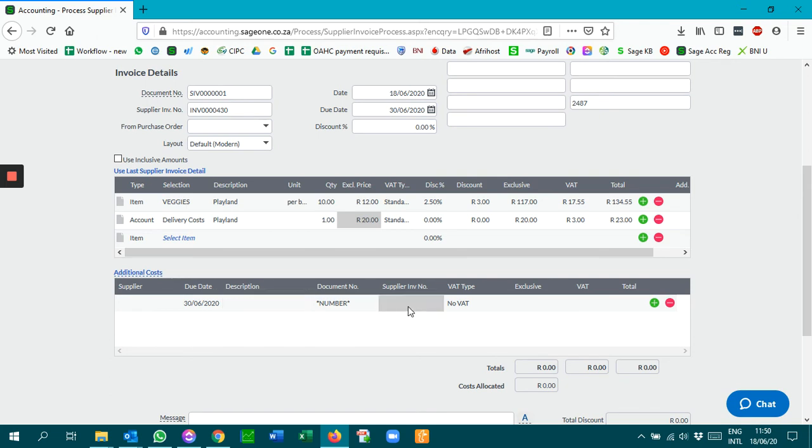Although it looks to me as if this does not actually allocate to a specific account. So this is probably for a cost. I'm sorry, I've never seen this before. So you can choose the supplier, and you can then put in the description. So let's say transport costs,